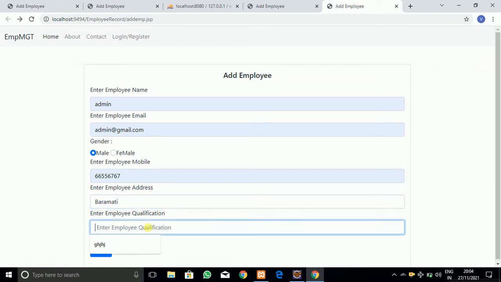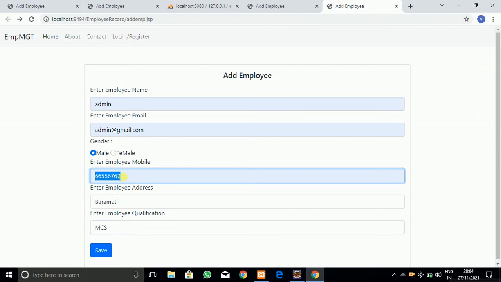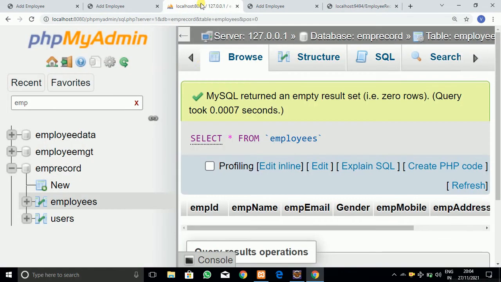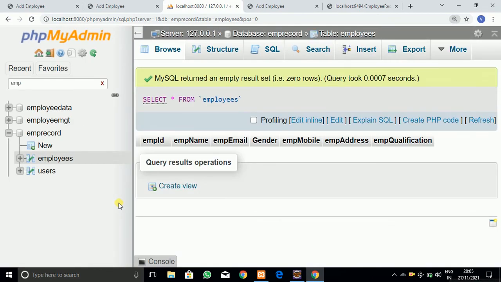As you can see, qualification, suppose I am going to write as MCS, and as soon as I click on the save button, the data should be inserted into the database. So let me see whether it is or not. When I click on the save button, it says that data saved successfully. So in this way we have successfully added the data into the database.